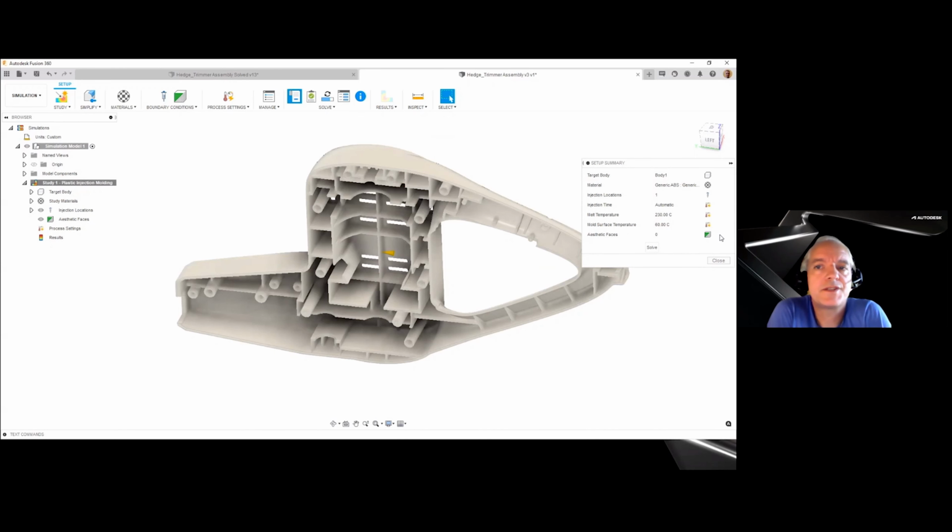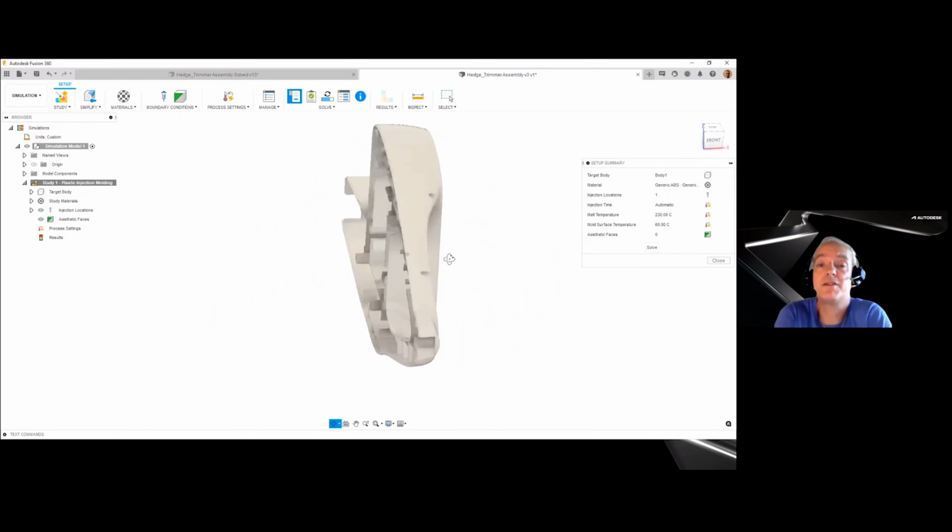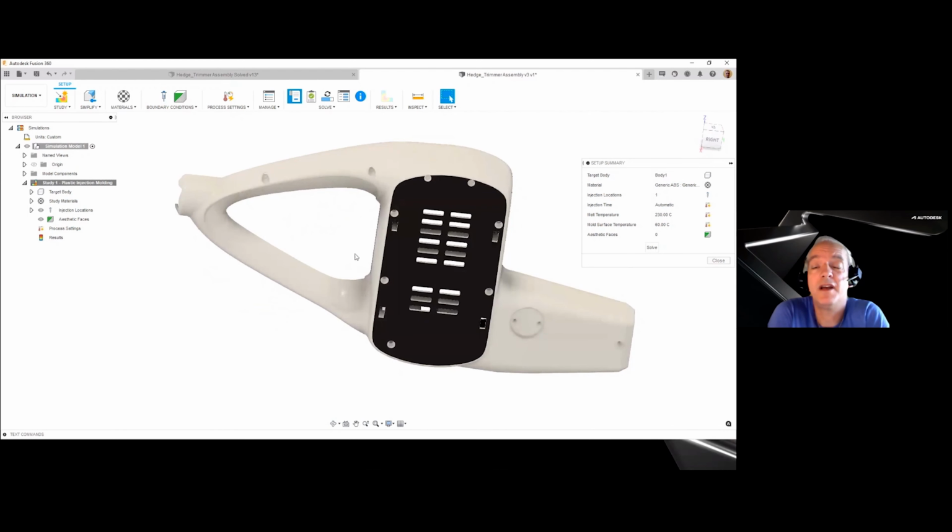The automatic injection time is another thing. We don't expect most users, even experienced users, to have a really great sense for what the best injection time is going to be. So we have an algorithm running in the back to take care of that for you. We're trying to make the setup as intuitive and easy as possible for you to get to a simulation.